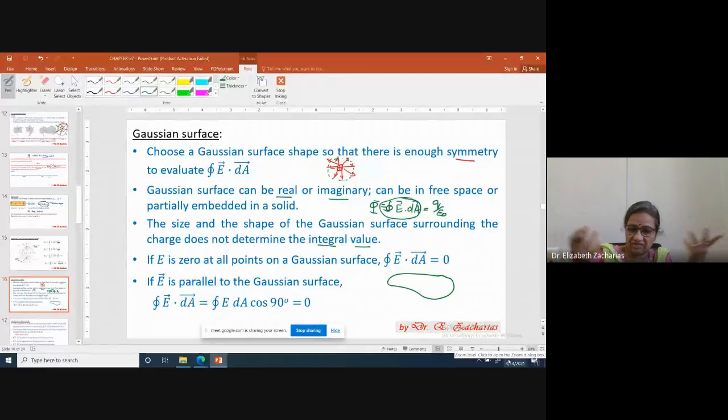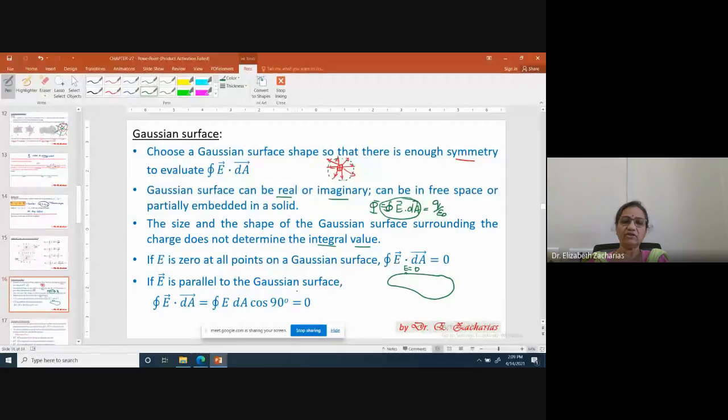If there is no charge anywhere near that, will there be a field there? No. Okay, so that means at every point on this, the electric field is going to be 0. So if I do integral E dot dA, it has to be 0. Okay, the next thing is, if the electric field is